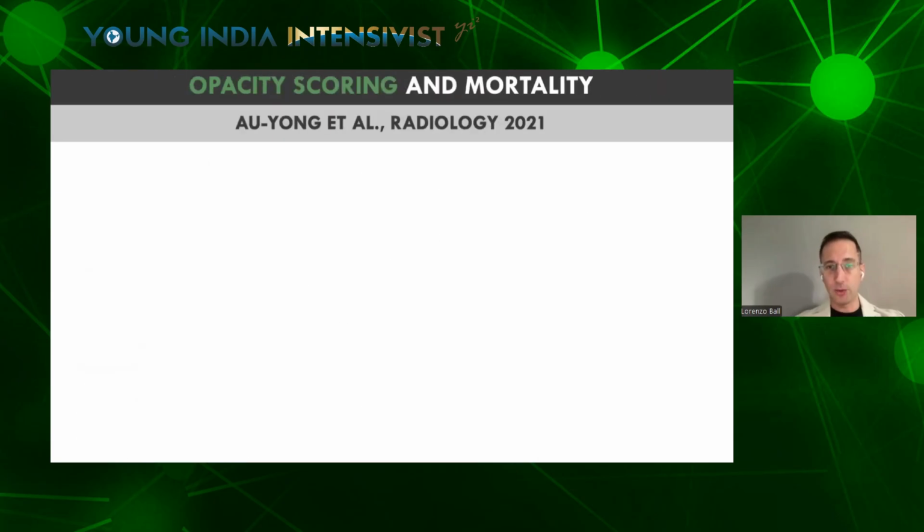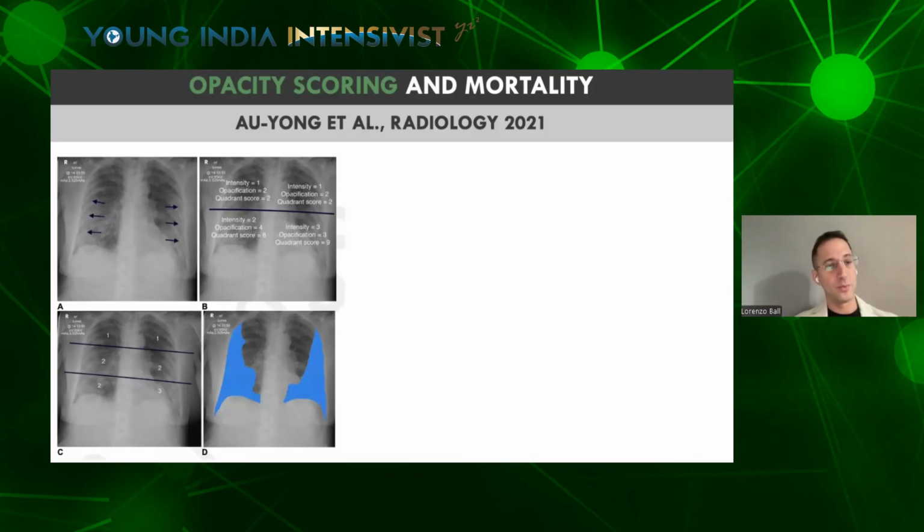Much more recently, in 2021, there was a study from a group in South Korea that investigated the capability of scoring with four different techniques. One was the simple visual assessment, so the classical radiological signs. One was the RAIL score. The RAIL score is now also being intensively studied in intensive care medicine.